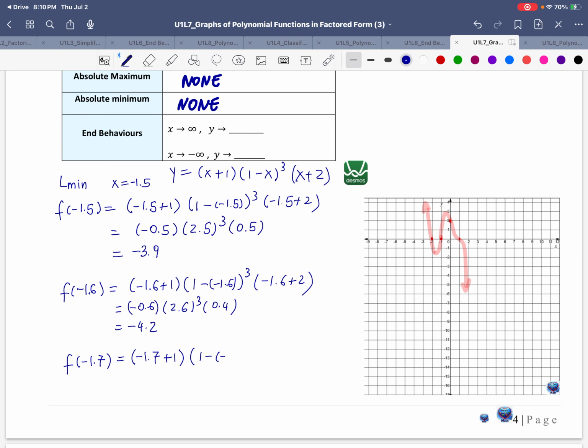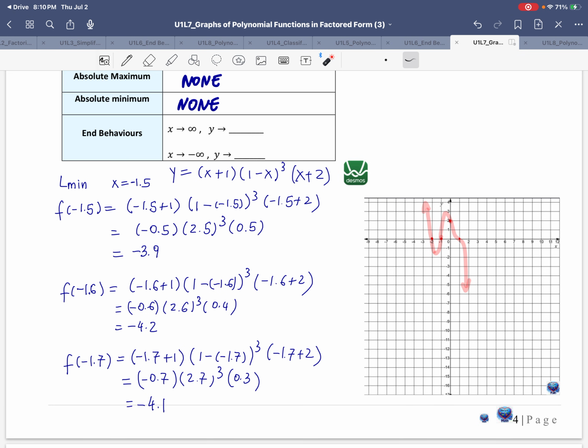So -1.7 plus 1, that's -0.7, 2.7 to the power 3, and -1.7 plus 2 gives 0.3. Let's see what we get. We have -0.7 times 2.7 to the power 3 times 0.3, and this time I got -4.1. Which means that as I went further to the left, the numbers start picking up, and that qualifies this particular point right here, x equals -1.6 and y equals -4.2,